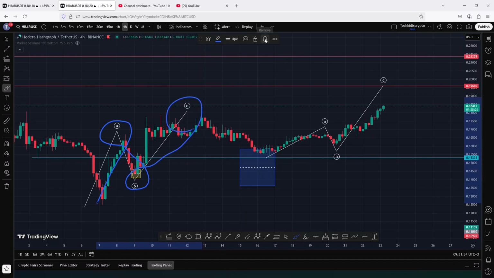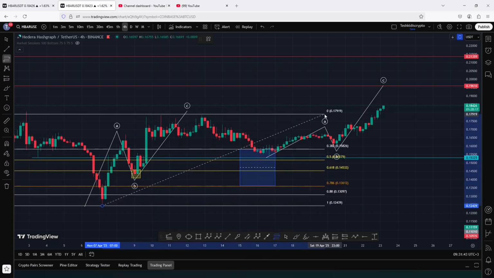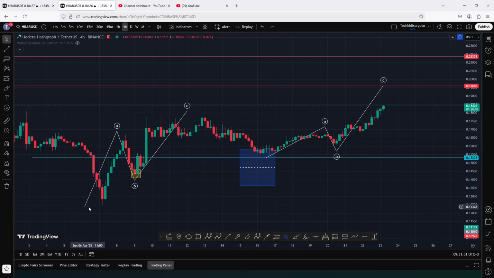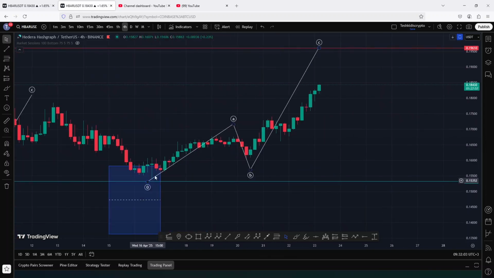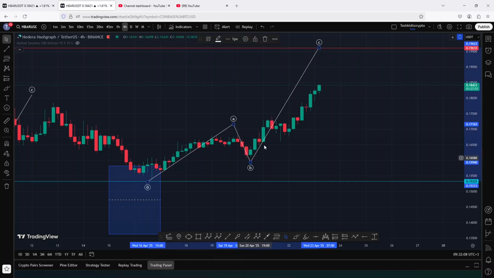And after we saw that ABC corrective structure, we saw a bit of a pullback to the lower side, holding within key areas of support on the Fibonacci's, and that was between the Fib level 0.5 and the 0.382, an area that gave us a reaction to the upside. And just like we saw over here in that initial bounce, I have also been expecting to see another ABC corrective structure playing out, and you can see that at the time of this recording we have seen the formation of the wave A, a pullback in the formation of this wave B, which was quite shallow,